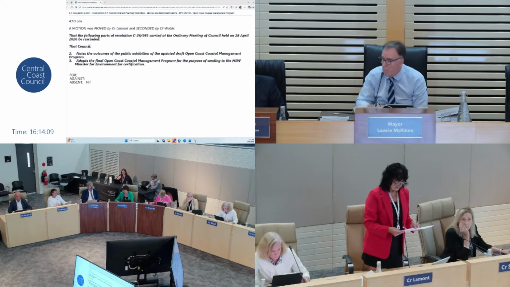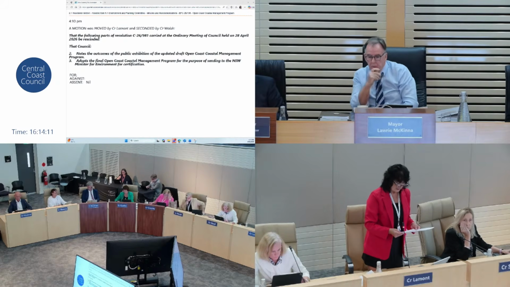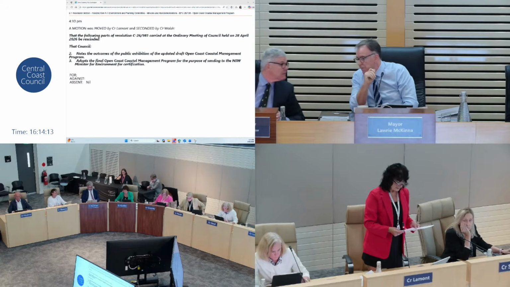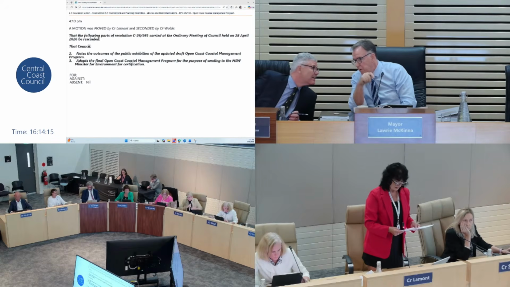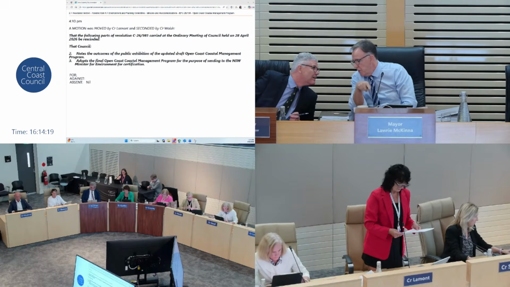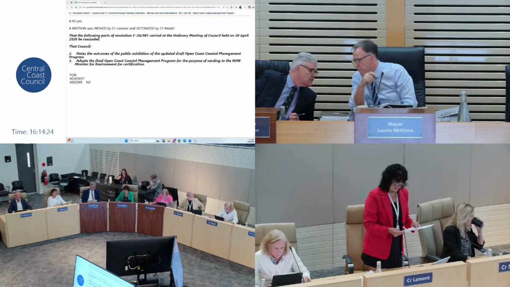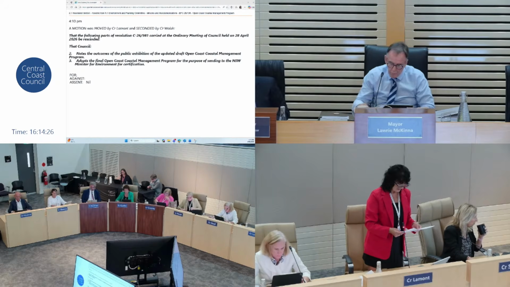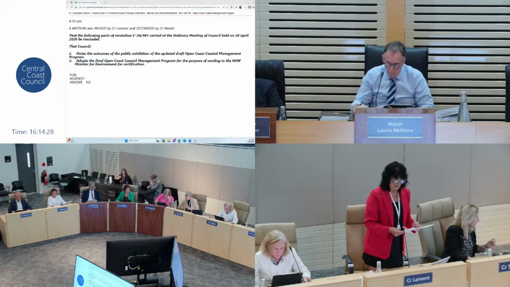Some of these homes effectively act like seawalls themselves. They don't need protection. They will worsen erosion for neighbouring properties. Pointed out in Dunford versus Gosford City Council, which I know, Mr Mayor, you're aware of that case. This is not good coastal management. It is locking our community into greater risk, greater cost and greater damage.